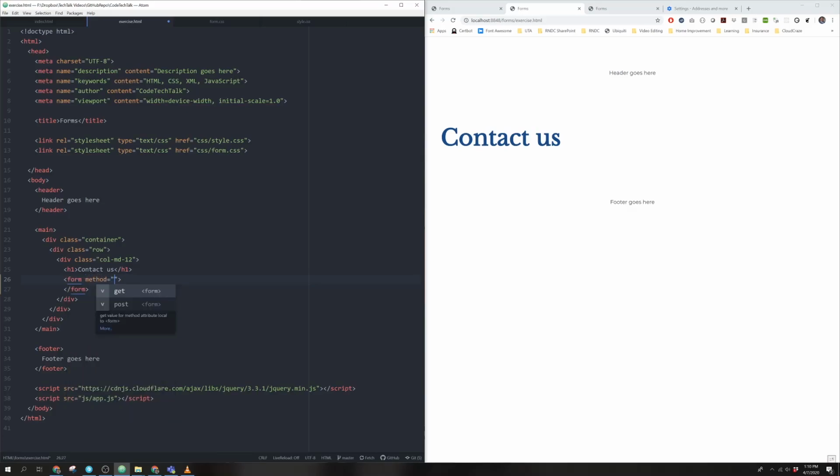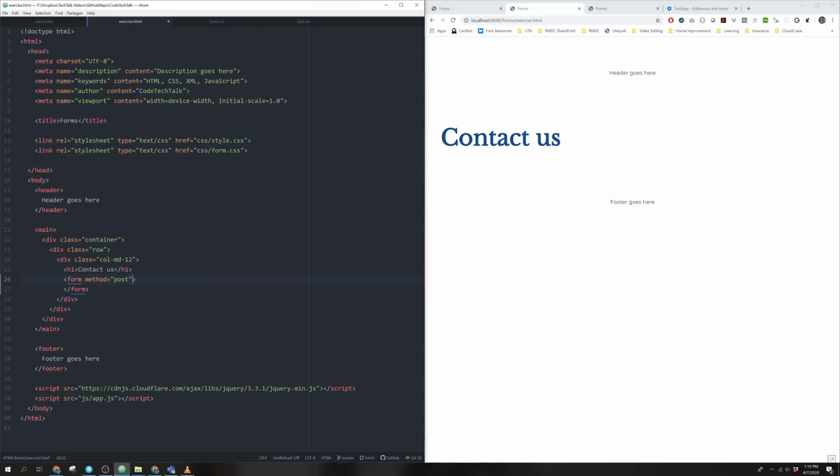You have two different methods: get or post. Get usually sends a string at the top of the browser with every single one of the fields, which is not as secure. You might see that in small applications where you're just trying to get one piece of information to another in the same place. But to be honest, I would say 99% of the time you would use the post method, which